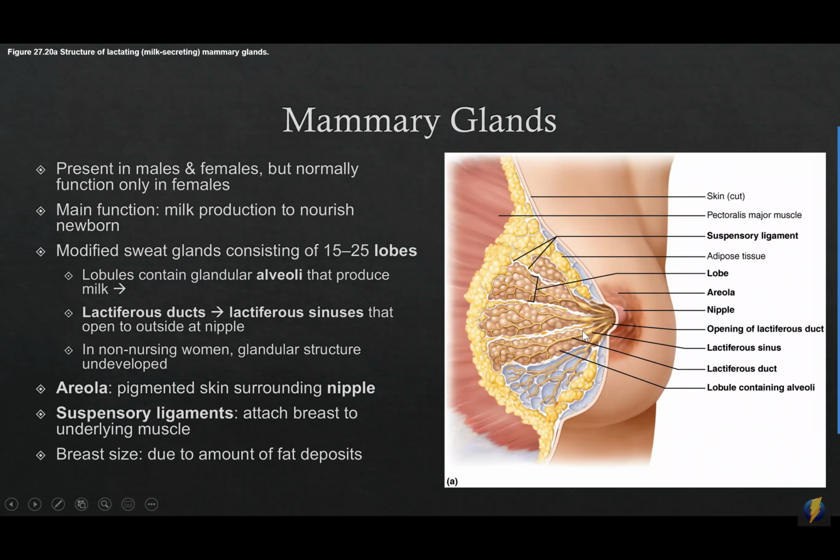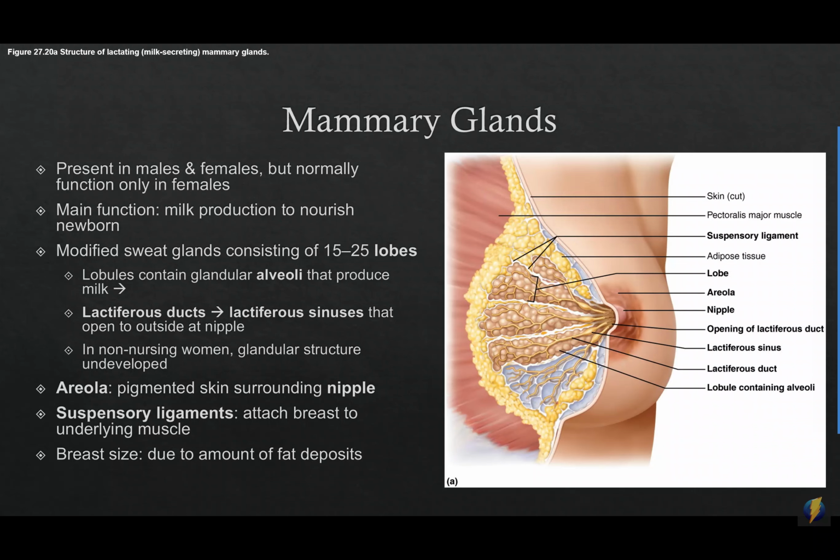From the alveoli, the milk travels through these lactiferous ducts and then into these lactiferous sinuses that then open outside at the nipple. Now, typically in a non-nursing woman, all of these glandular parts of the breast are very underdeveloped. And then when a woman begins to nurse, she gets